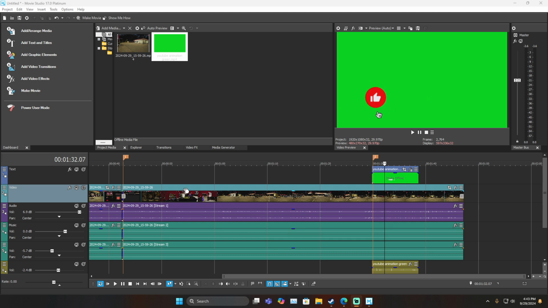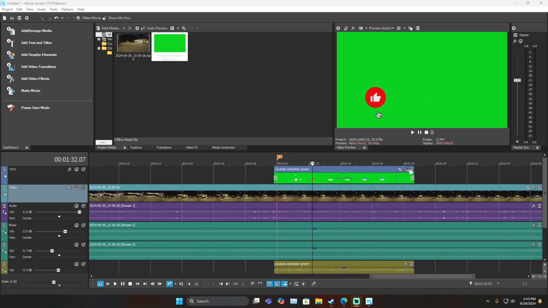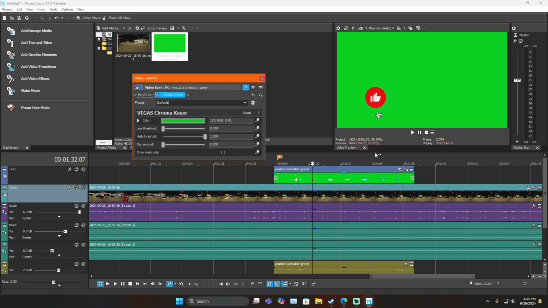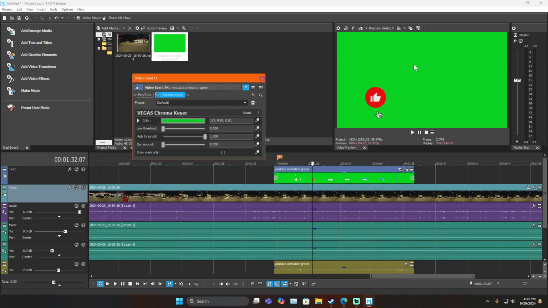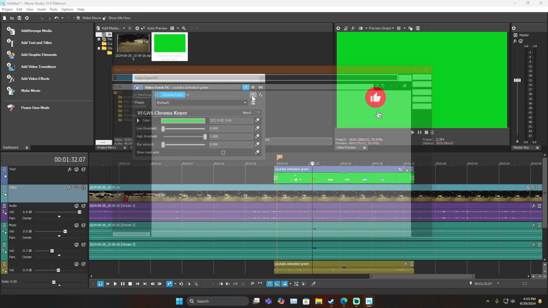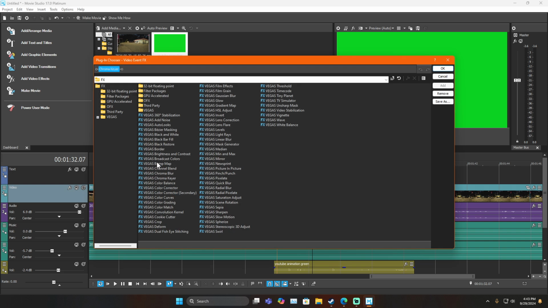It's very simple. First, I'm going to go right here. I'm going to zoom in so you can see it. This little symbol right here is an add tracks event FX. Now what you want to do is choose your chroma key. I usually have my chroma key already, but I'm going to click this little plus symbol right there. Let me go back, be a little bit slower. This plus symbol right here, click that where it says plugin chain. Click on that. Now I'm going to find chroma keyer